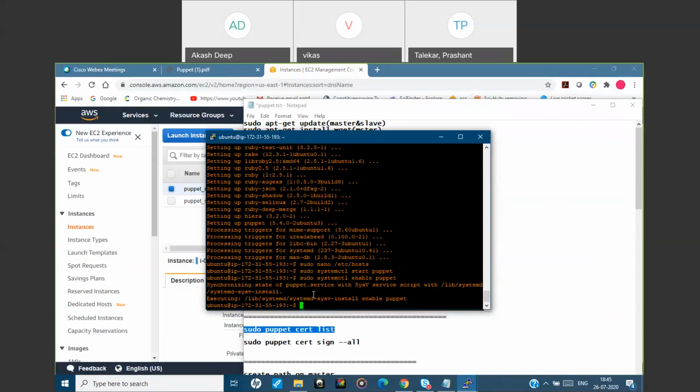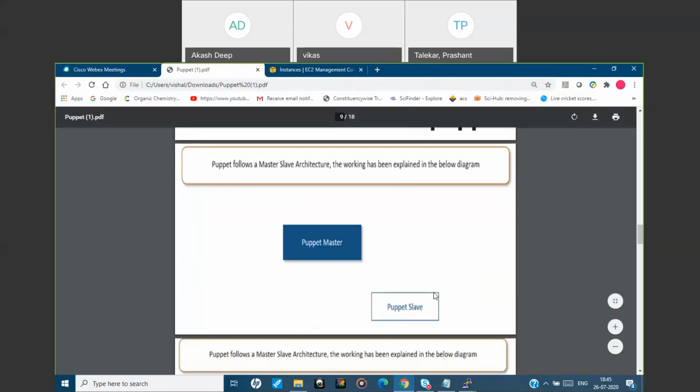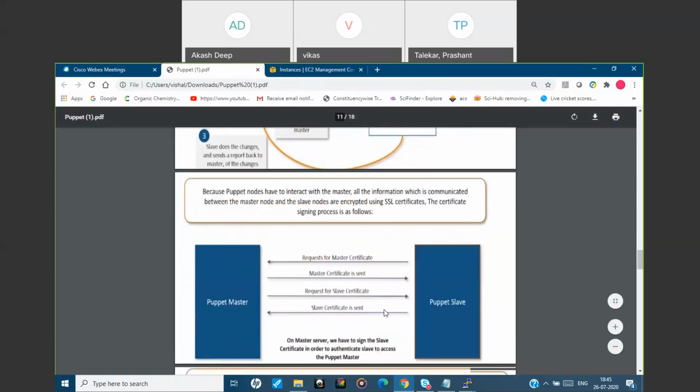a request has been sent from the slave. If you come to this diagram, a certificate request has been sent from the slave to the master. Now what is the job of the master? The master has to sign the slave certificate in order to authenticate the slave to access the Puppet master.